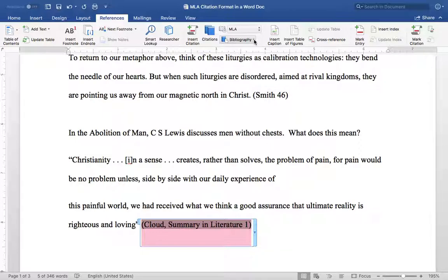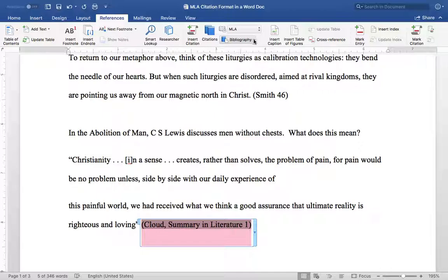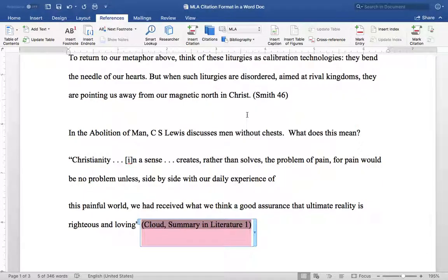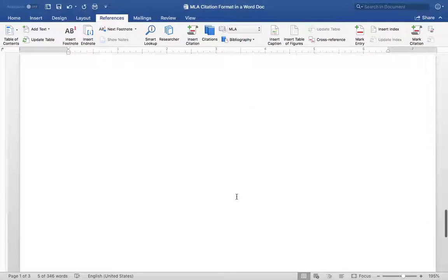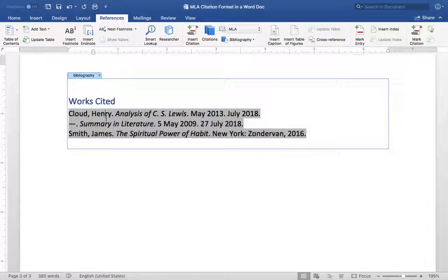So finally, the last piece you need to do, in any of the papers beyond 6th grade, you'll have to do a works cited page. So you go up to the top and you select works cited, and it will include the works cited. Let's see right here, works cited, and you see that you are going to have to go ahead and insert